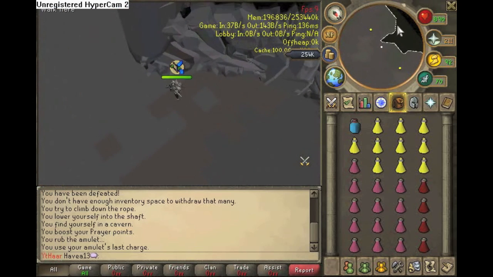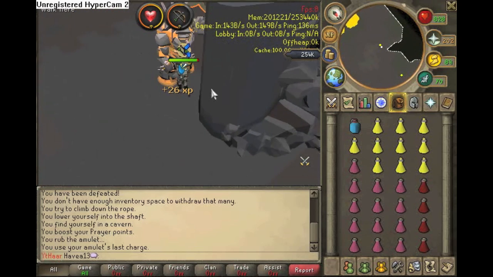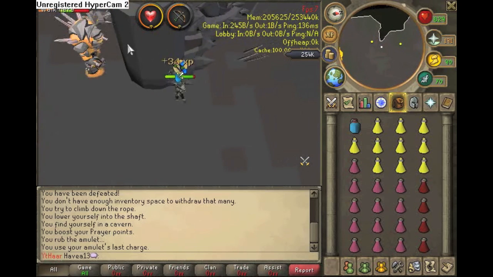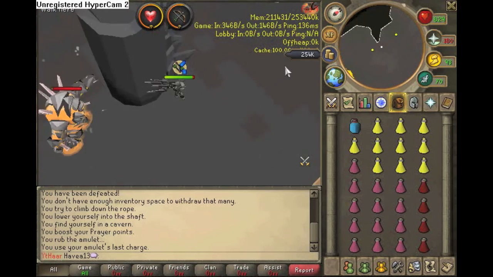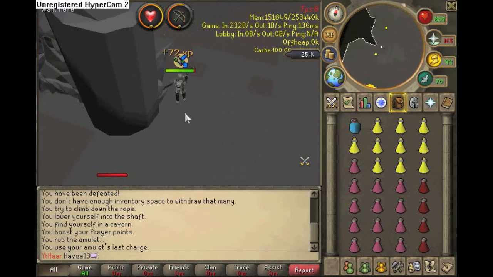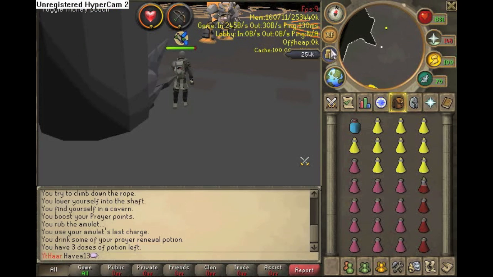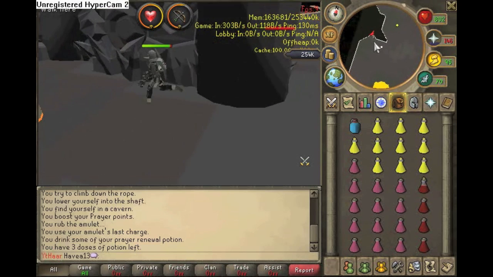Oh crap. Sorry guys, I forgot about the double 90s. Okay, so now once the double 90s come, you receive a new monster after the 90s. Make sure that you pray on this wave. And if you're running low on your prayer, now would be a good time to drink one of your prayer renewal potions. Okay, now once they die,